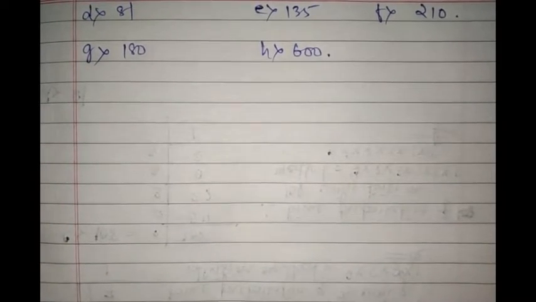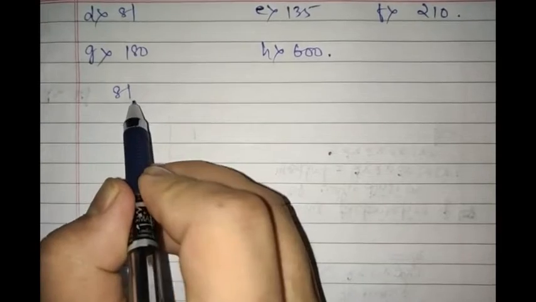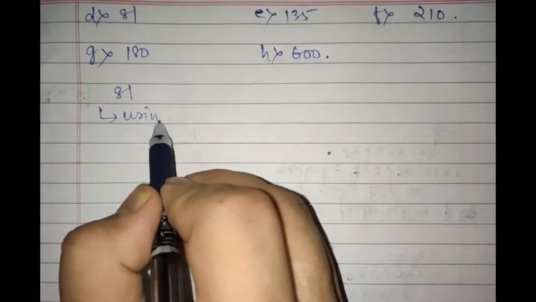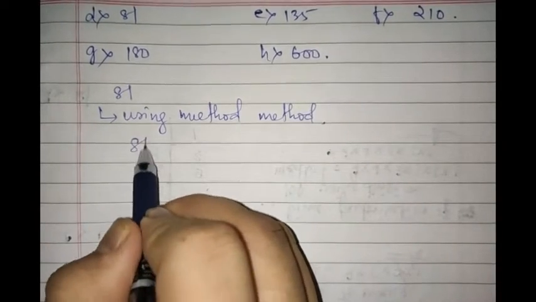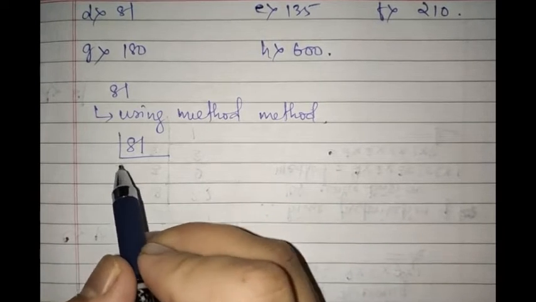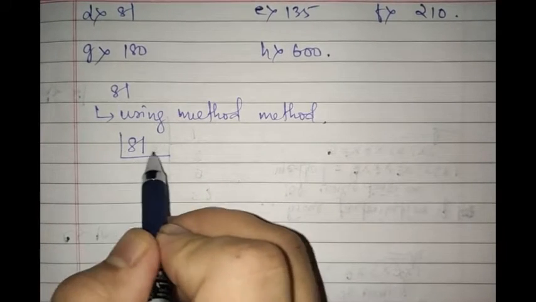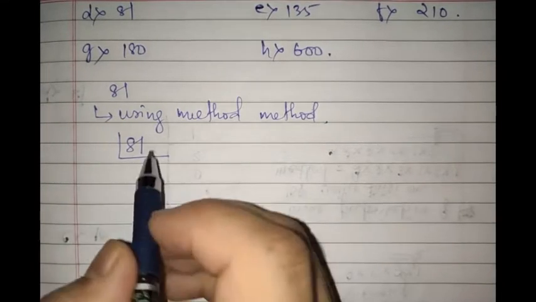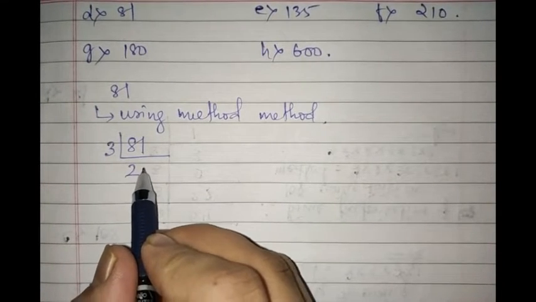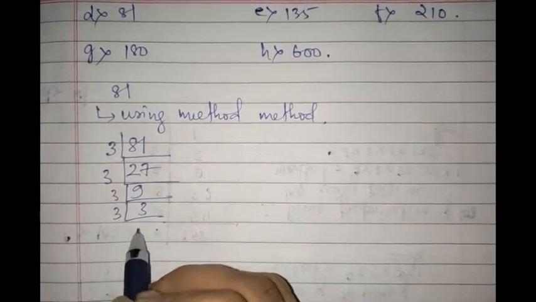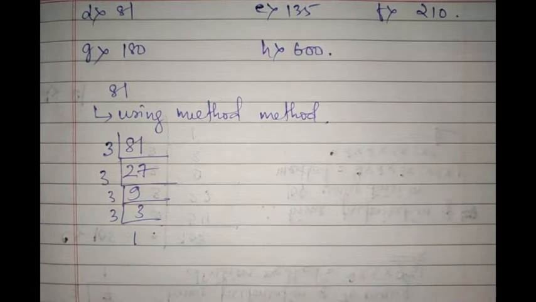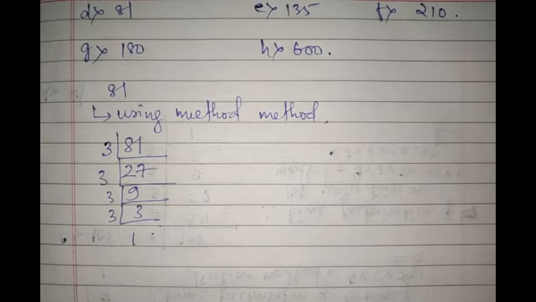The number is 81. So you have to find the prime factorization of 81 using division method. So 81 is divisible by 3, the second smallest prime number. 2 cannot divide 81. So 3 we have to divide. 3 to the 6, 3 7s are 21, 3 9s are 27, 3 3s are 9, 3 1s are 3. So sometimes students, 2 is not used for division. Alright, 2 cannot divide every number, so do not get stuck over that. Just proceed to another prime number which can divide that number.